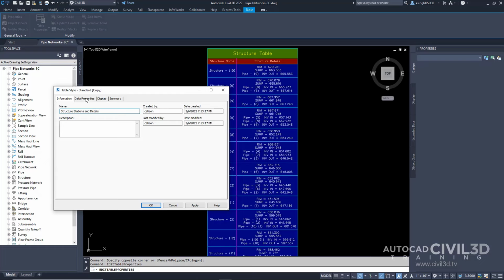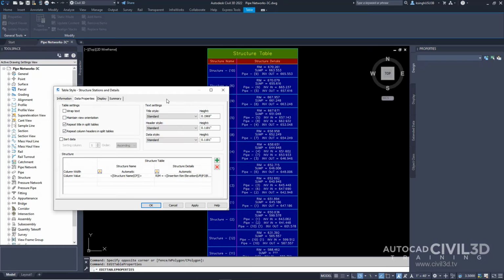After that, select our Data Properties tab right there, and specify the following parameters. Go ahead and select Sort Data. For sorting column, we're going to leave this at 1. And the order, we're going to leave it on ascending. These settings ensure that the table rows are sorted in ascending order by the first column. Now in the structure area, go ahead and select this plus icon. If we scroll all the way to the right, you'll see that we have a brand new column. Double-click the new heading within our column,